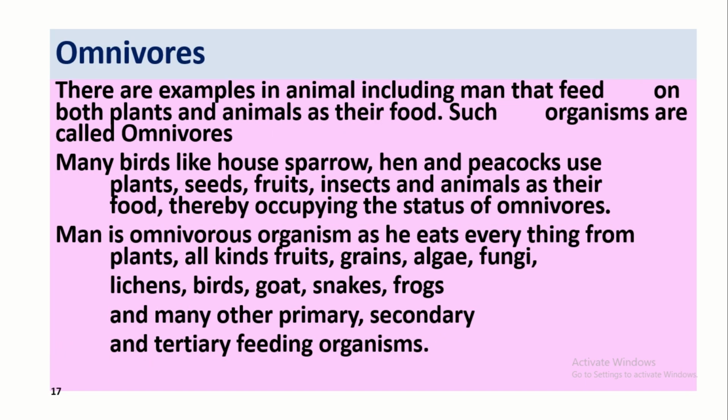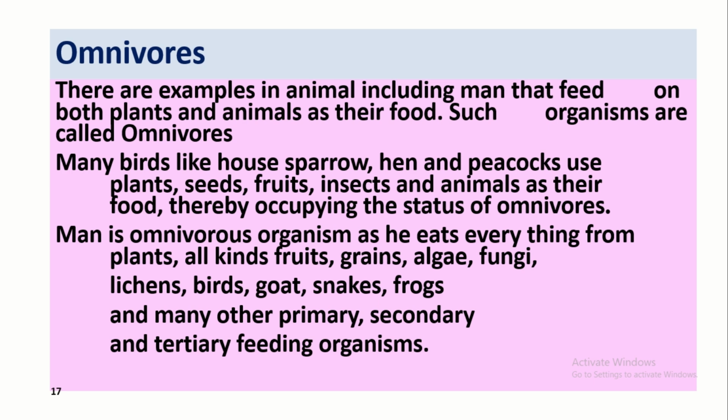carnivore. Omnivores, we will call those that eat everything, that eat every kind of feed. They are examples in animals including man that feed on both plants and animals as their food. Such organisms are called omnivores. Many birds like house sparrow, hen, peacocks utilize plants, seeds, fruits, insects, animals as their feed, thereby occupying a